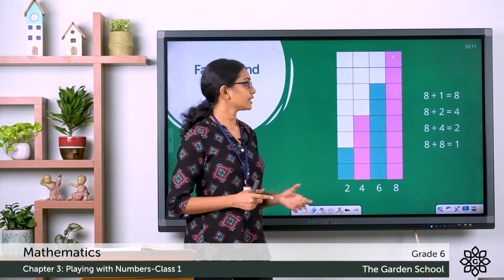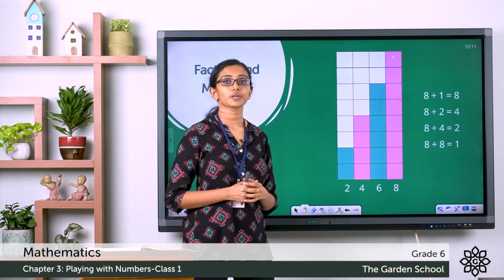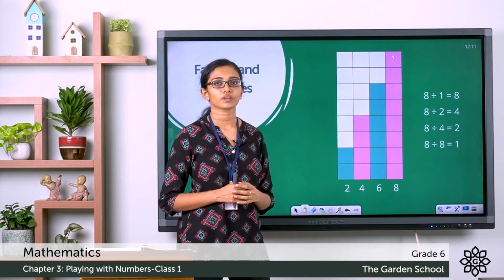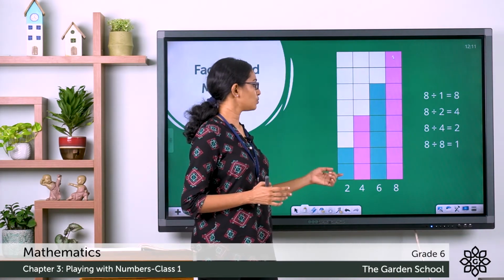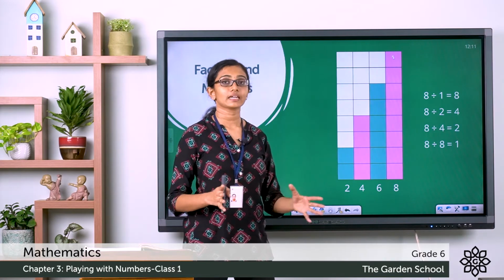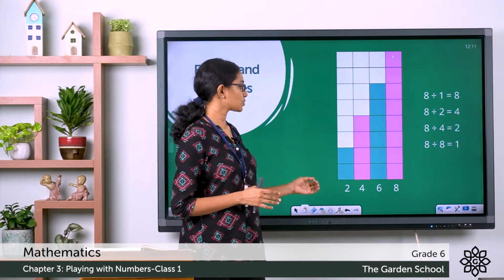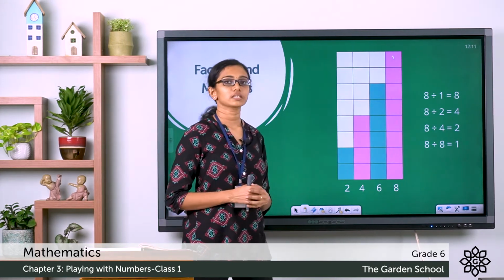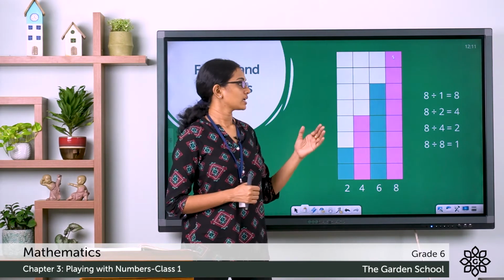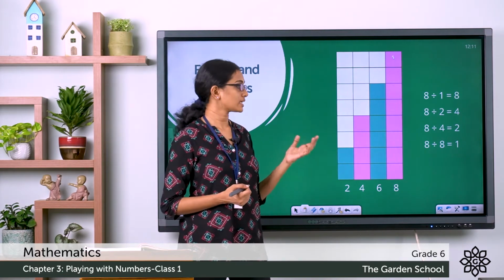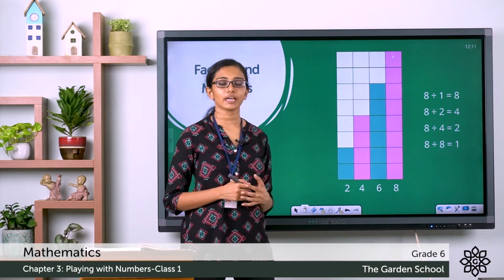Now can I divide this 8 centimeter strip equally using a 6 centimeter strip? No. So you see the numbers 2 and 4 and 8 can divide the 8 centimeter column completely without any remainder. So you can say 2, 4 and 8 and also 1. These numbers can divide the number 8 completely. That is without any remainder. So you can say these are the factors of the number 8.